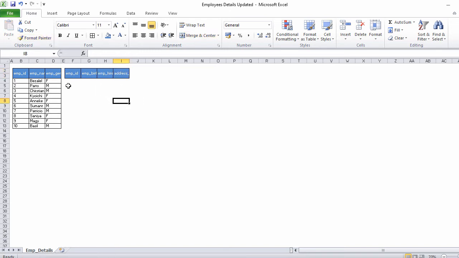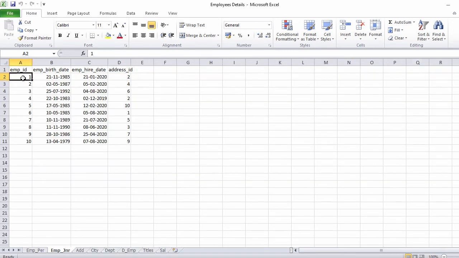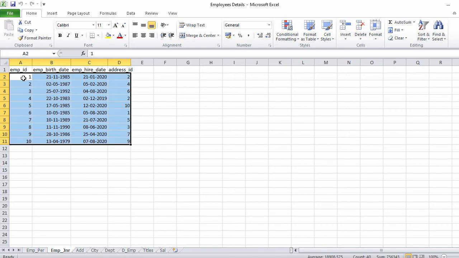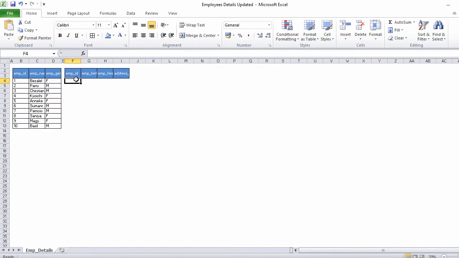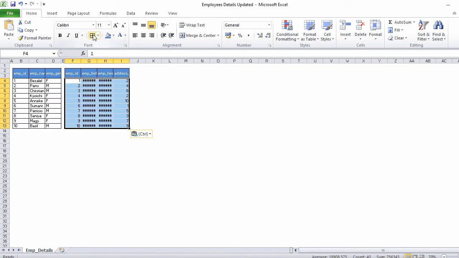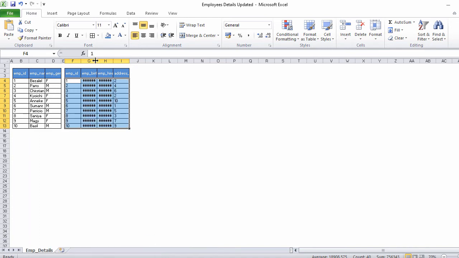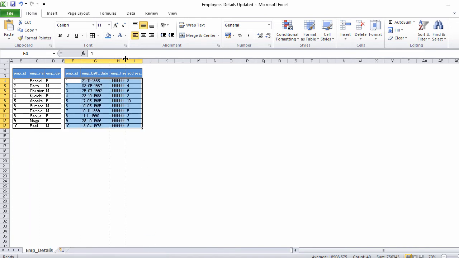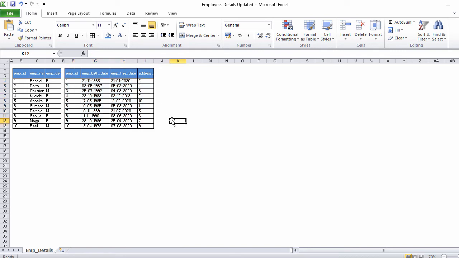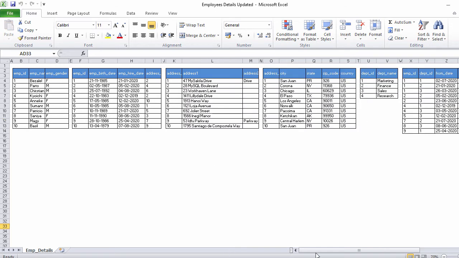Let's squeeze this, and now we have to copy our data and paste it here. Now I select all borders and go to format cells. I say horizontal left, vertical center. I say OK, and this is our data. So now we have a good looking second table. In the same way I'm going to add all these tables.